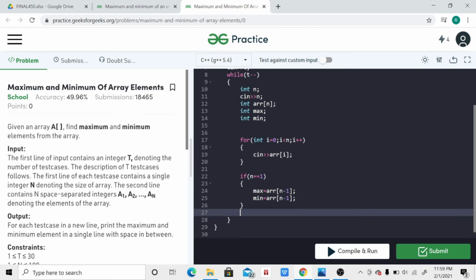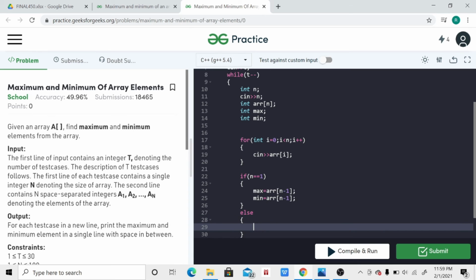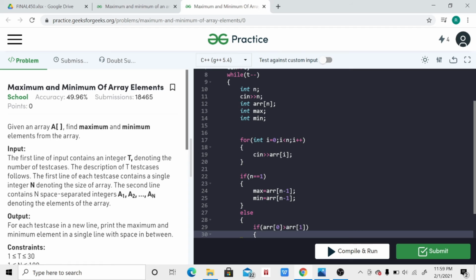Or else if the size of our array is greater than that, then first of all we'll check which one of the first two elements is greater. For that we'll check whether array 0 is greater than array 1. Basically this will tell us which of the first two elements is greater.